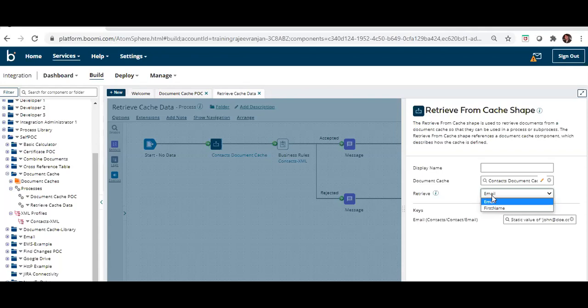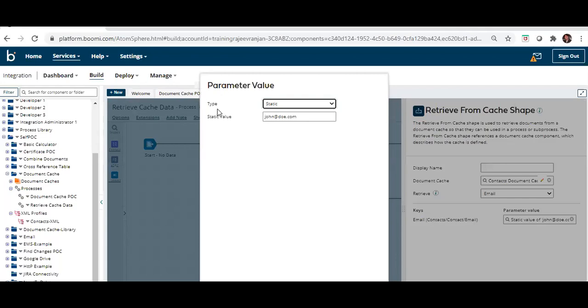If you select, you will be able to see the two indexes we have created, email and first name. Here I have selected the email one, and here I have put a constant value. If you see, I have put a static value, john@.com, which means if it gets matched,